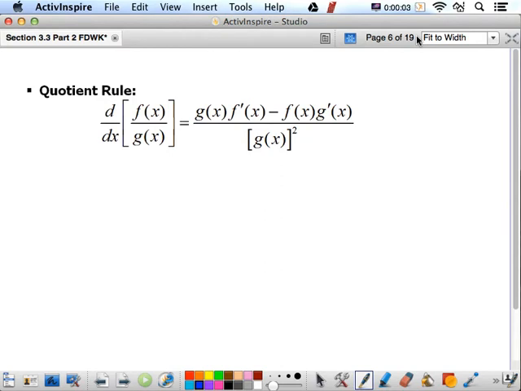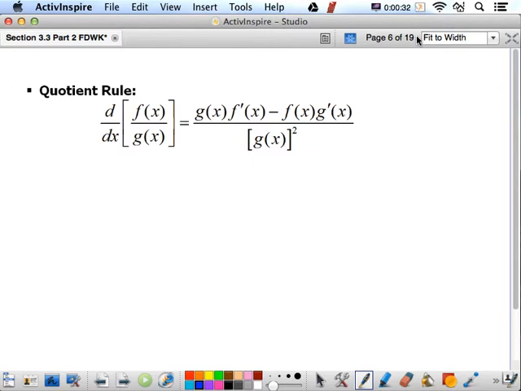We want to discuss the quotient rule, which is what allows you to take the derivative of two variable functions that are divided. So if you have variables on top and bottom, that is called a quotient, and we can apply the quotient rule. If we let the top function be f of x and the bottom function be g of x, then the derivative with respect to x is always equal to g of x times f prime of x minus f of x times g prime of x, all divided by g of x quantity squared,